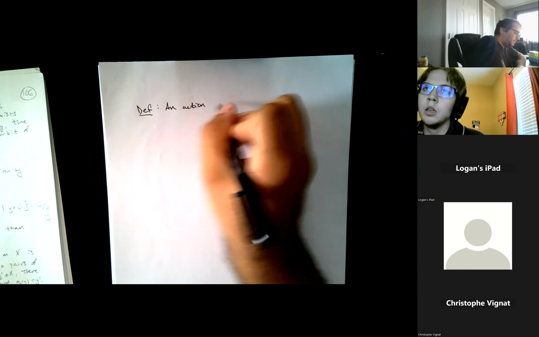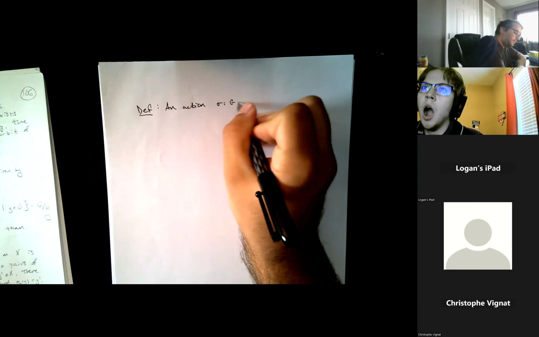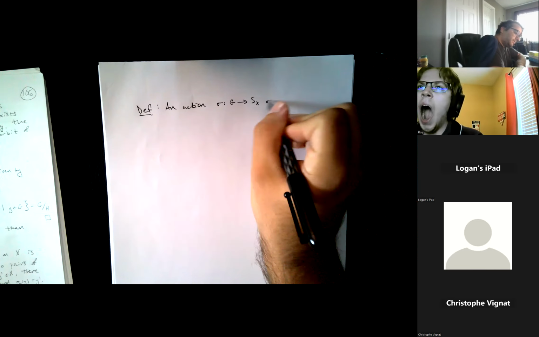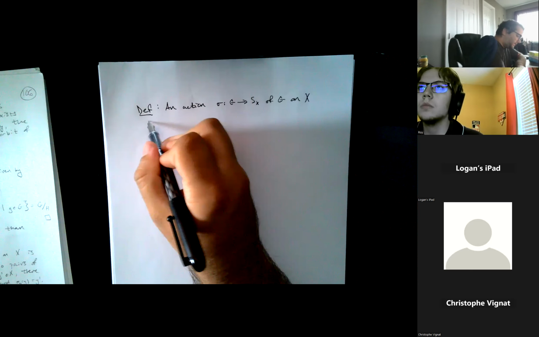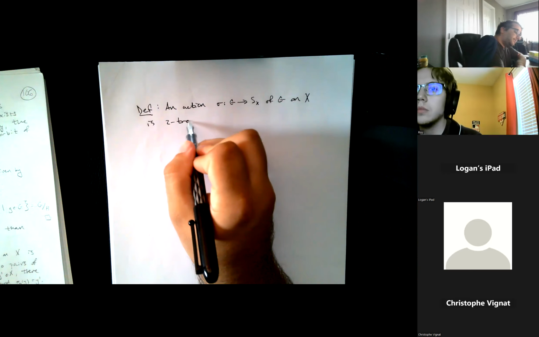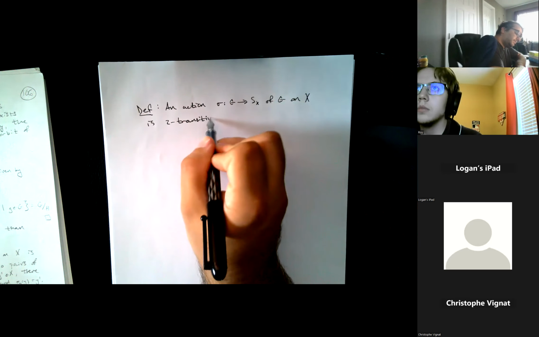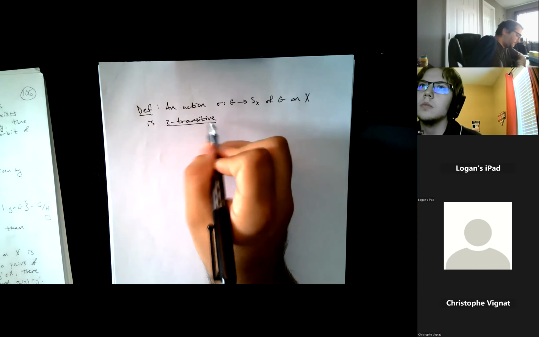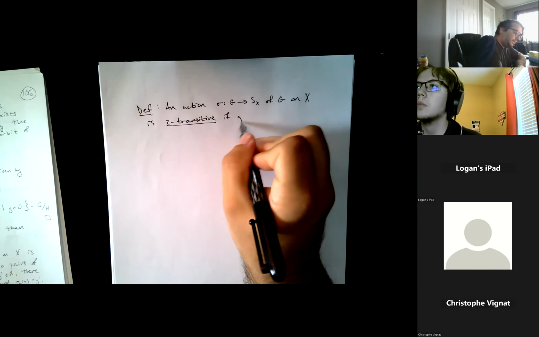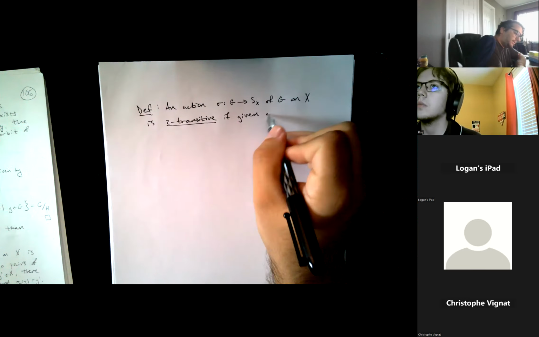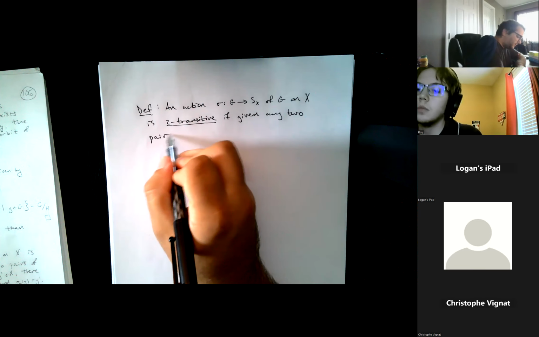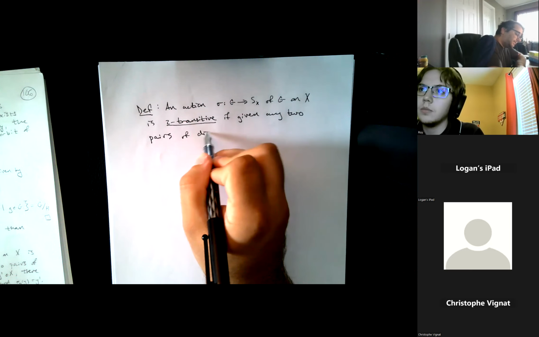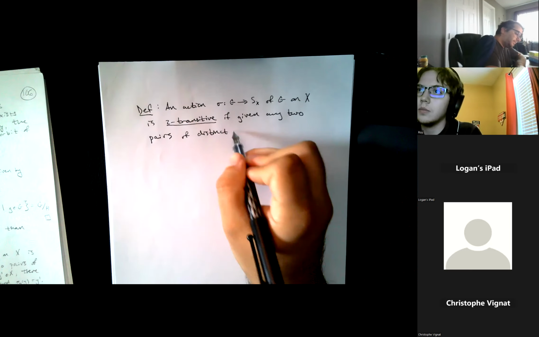Action sigma of G on X is two transitive if, given any two pairs of distinct elements,